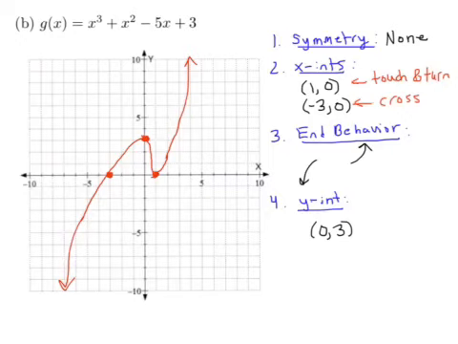Now, if you wanted to do a slightly better job, of course you could plug in more x values to this original function in order to get more ordered pairs. So for instance, if you wanted to take an x value of 2, you could plop it in here and see what you get and then plot that ordered pair. You could plop in, say, -1, -2, again, see what those ordered pairs are, and it would make this sketch a lot more accurate. But what we've done here is given the basic shape of this particular polynomial function,